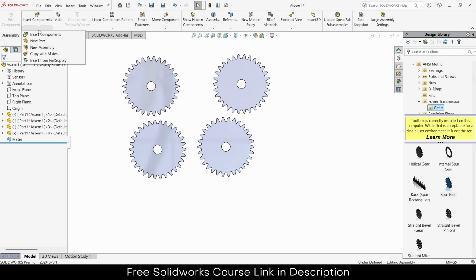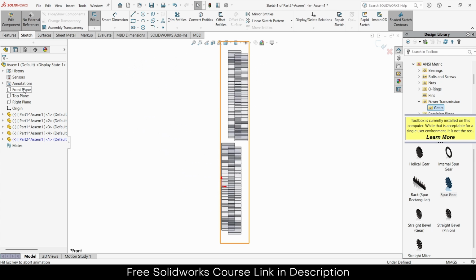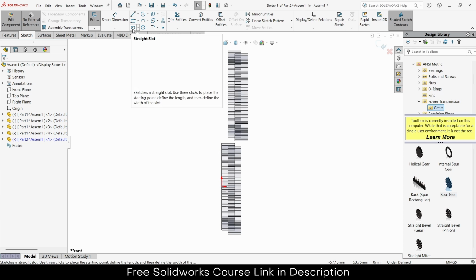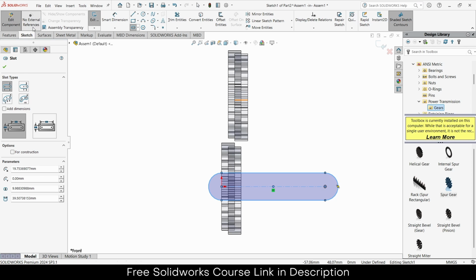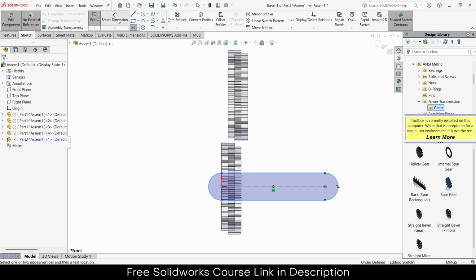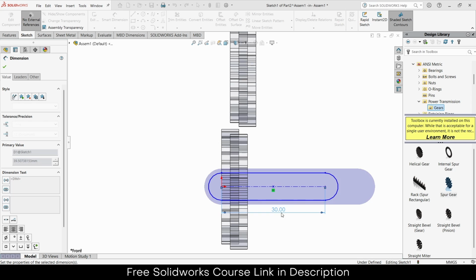So first let's create a shaft. Click on here, new part. Okay. And I will choose the front plane, press Ctrl plus 8. Click on here, straight slot. Make sure you select the center of the origin and this one. While making this, make sure no external references is checked on. If you have accidentally made this sketch without this, I recommend restarting it because it will create issues while doing mates. Okay. Now distance will be 30